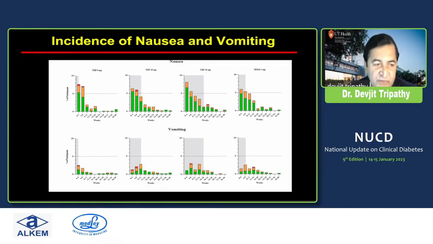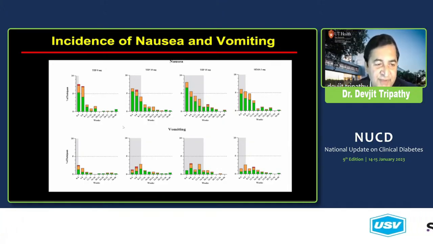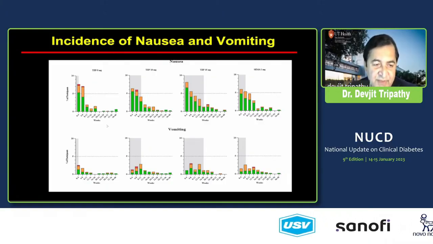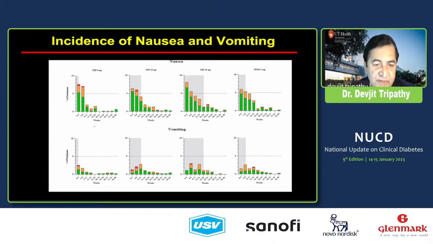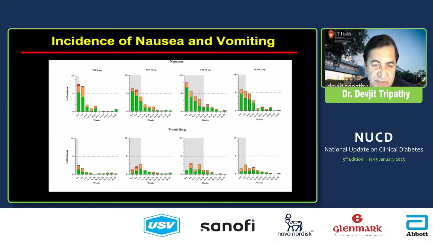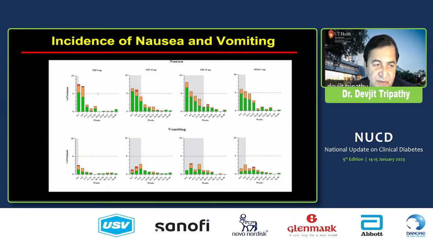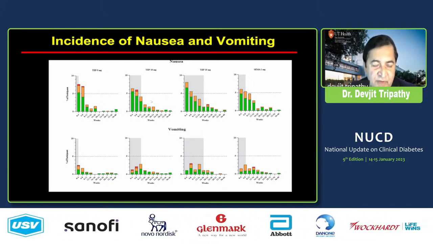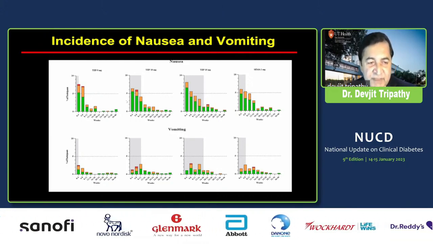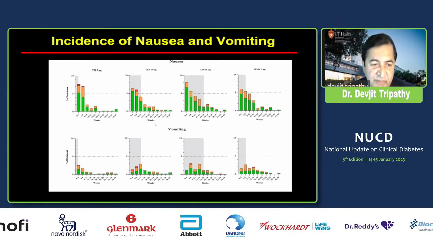And how about adverse events? The basic premise was that if you combine GIP, you should not see much side effects. However, that was not seen. But as with any GLP-1 agonist, the adverse events are seen initially in the first 4 to 8 weeks of treatment. And here, this is semaglutide, and this is tirzepatide 5, 10, and 15 milligram. You can see that for the higher doses, there's a dose-dependent increase in adverse events, particularly nausea and vomiting.